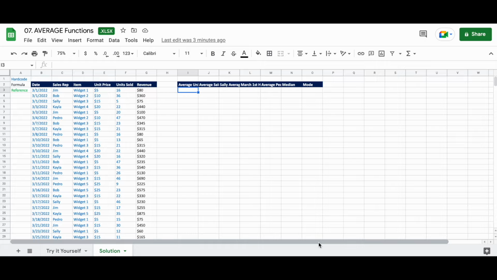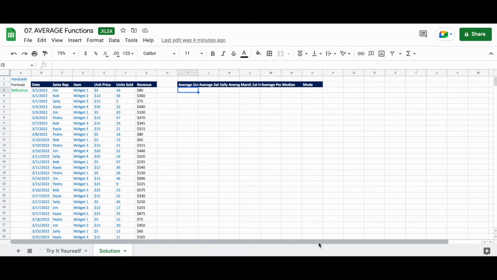We are going to cover 3 different average functions today: average, average if, and average ifs. We will also look at median and mode. At the most basic level, the average functions, as the name suggests, allow you to average the number of cells in a range quickly and easily. Once again, we will be using Google Sheets for the session today. As a reminder, while we are using Google Sheets, the same concepts can be used in Microsoft Excel as well.